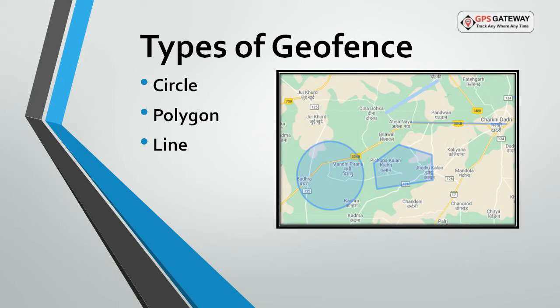Polygon geofence has a lot of endpoints. You can shape the structure of a polygon geofence as per your choice. The use of this geofence is usually done in places where the boundary of a designated area is important. Line geofence is a line in structure with 2 points on either side and they connect to each other. This is drawn for defining a route.